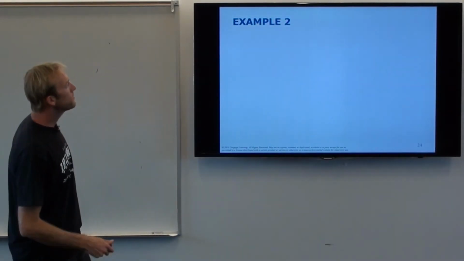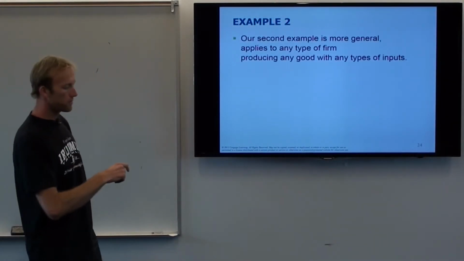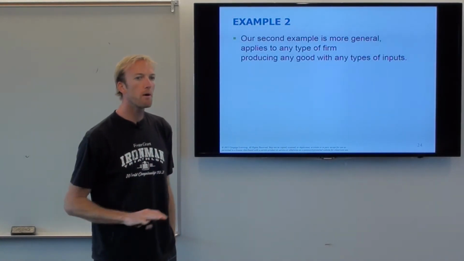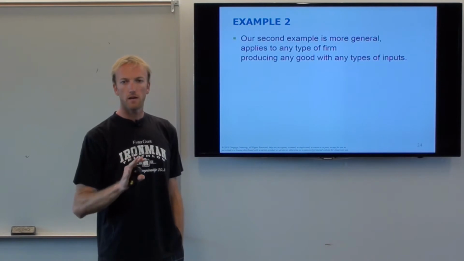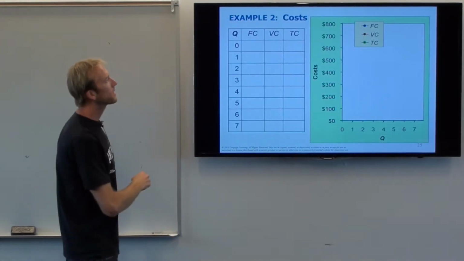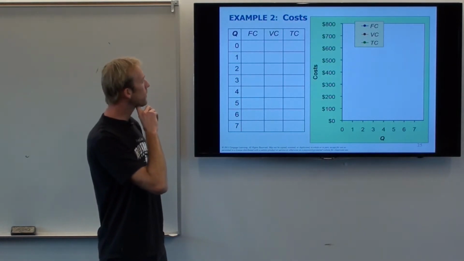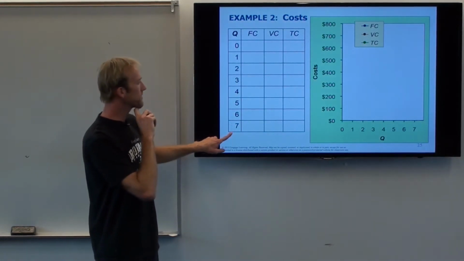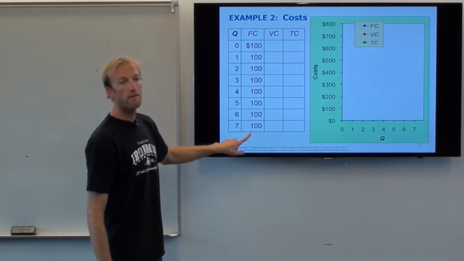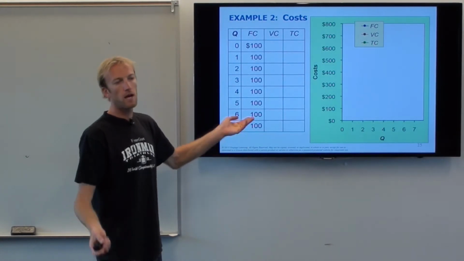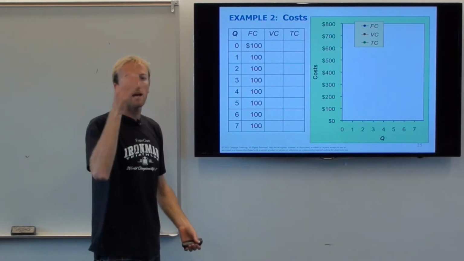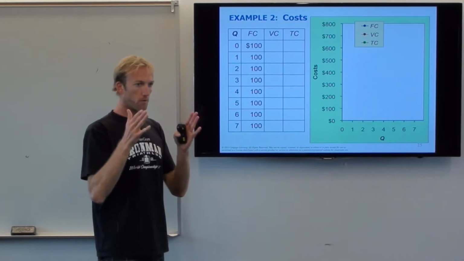All right, so let's go ahead and move on to the next example. We're going to move away from Farmer Jack. We're going to move to maybe a more general model, which incorporates everything all at once. Okay? So let's say that our firm is going to produce either 0, 1, 2, 3, 4, 5, 6, or 7 units, and its fixed cost at every point in time is 100. So I don't know what this firm is. Maybe it's the taco shop. Maybe it's something else. But they pay $100 all the time.